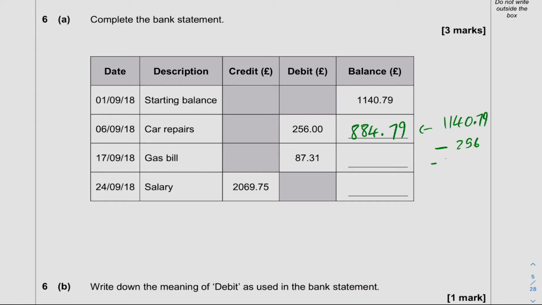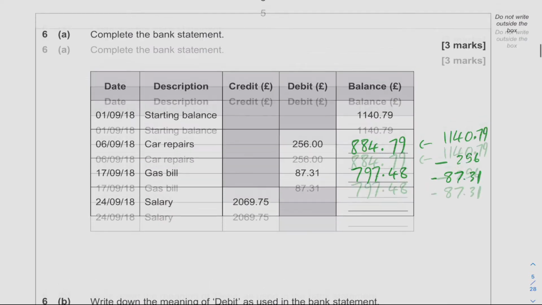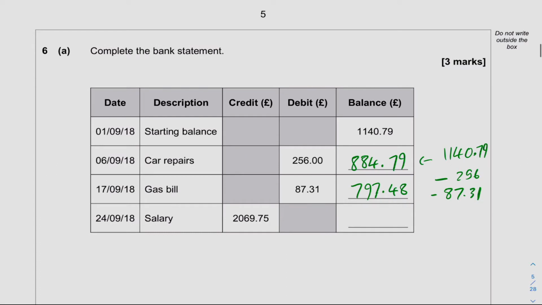This time we take away £87.31. So from our previous answer, we take away £87.31, and this leaves us with £797.48p. Okay, so for the final column, for salary, as it's credit it means we add,